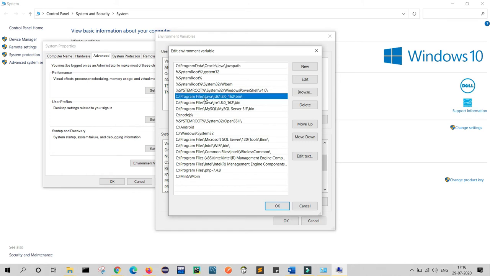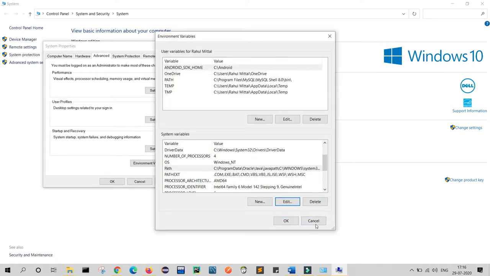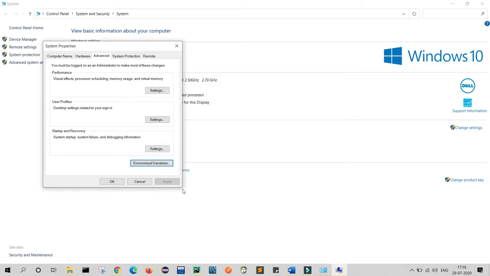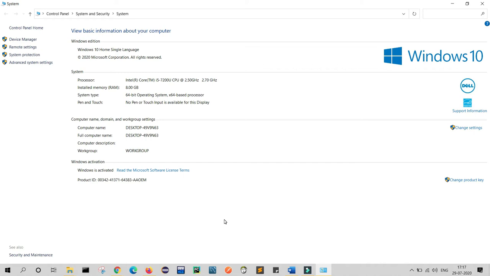As you can see, I have set my JDK 1.8.0_162 bin, and similarly for JRE. So what you will do is select the path till bin, come here, and set your path, similarly for JRE, and click OK. Once you click OK, your path will be created. I have already done it, so I am not doing it again. So this is the way you can install Java in your system.